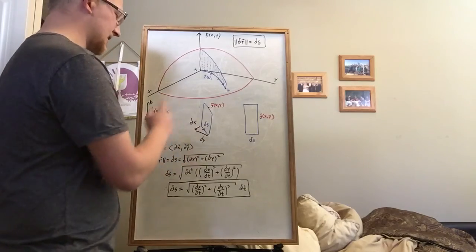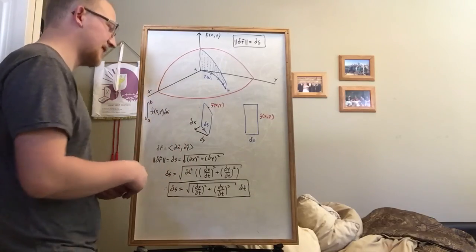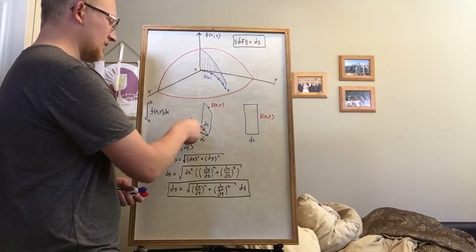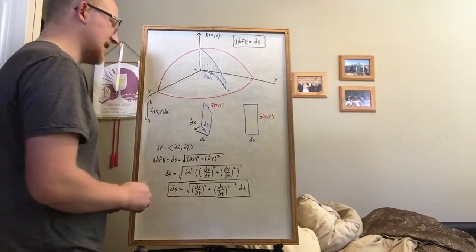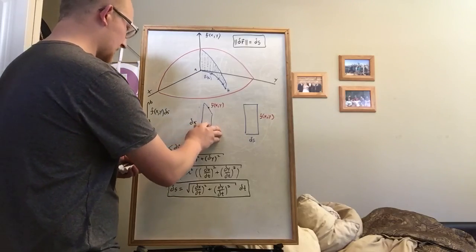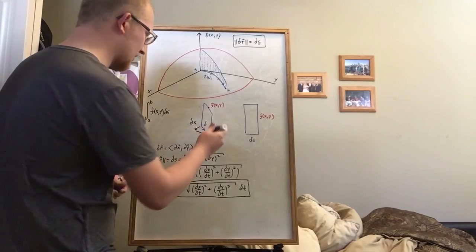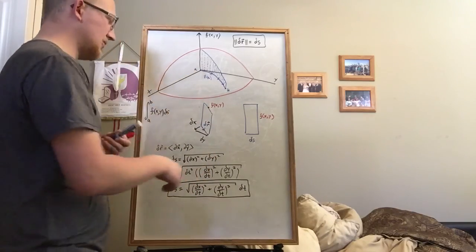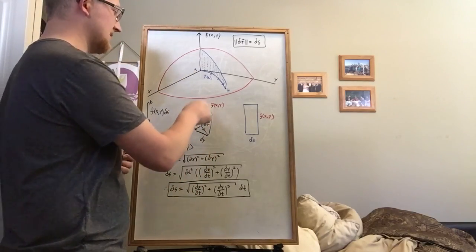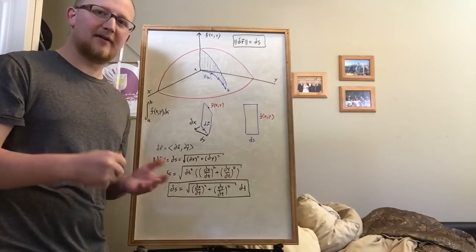Although these are technically scalar, they're no longer vectors, but there's definitely a dx component and a dy component of ds. I suppose I should call this dr if we're going to be doing components. We'll call it dr. And so the height of this rectangle is f of xy for whatever ordered pair you're